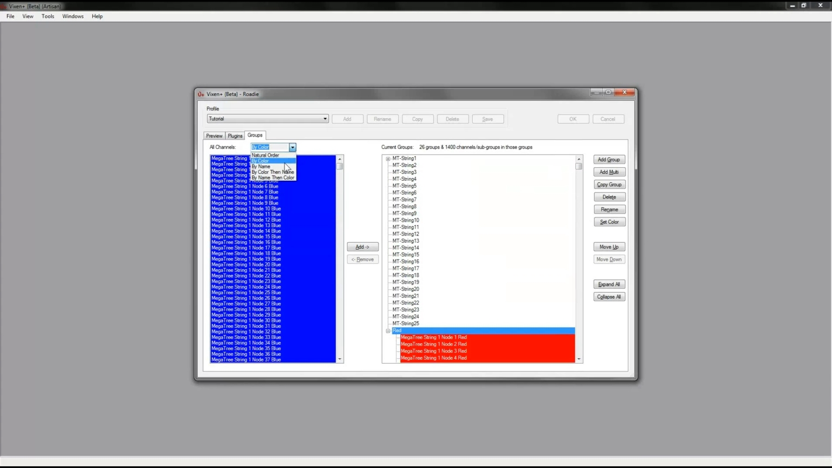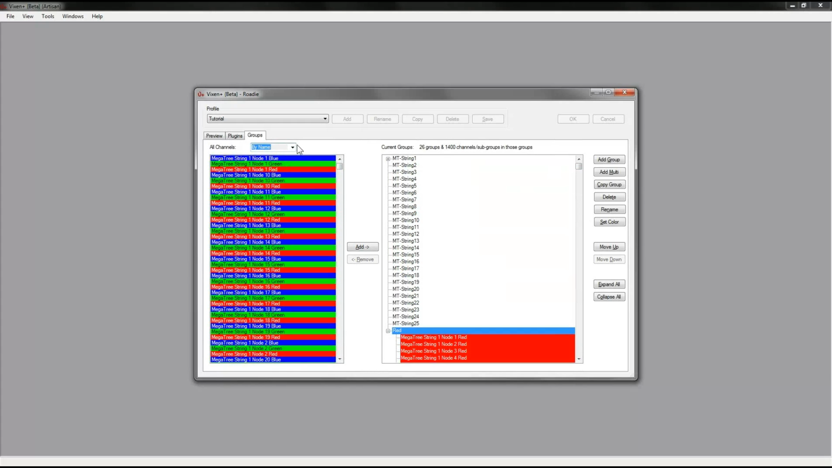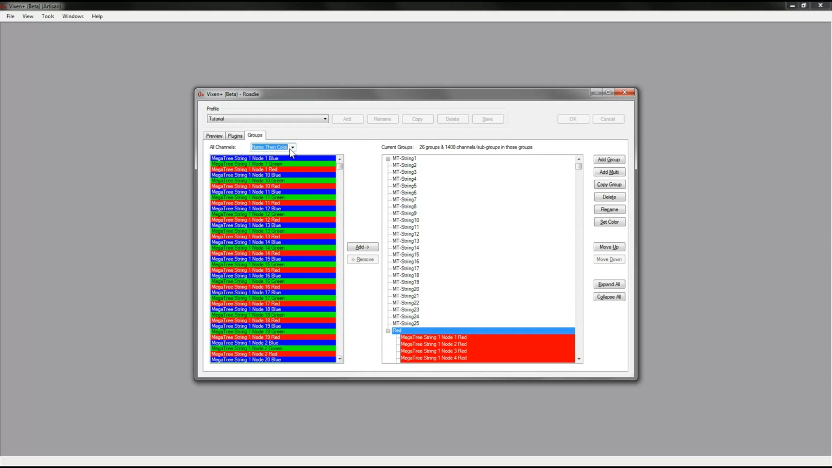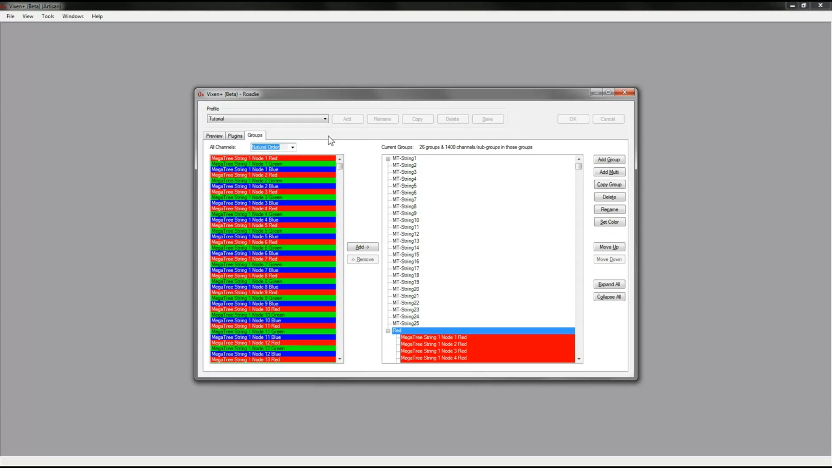And then you can sort them by name. You can sort by name. You can sort by color, then name. You can sort by name, then color. I don't know how many of those are usually optimal or useful, but yeah, the color was thought of a